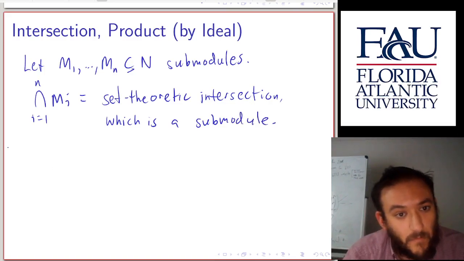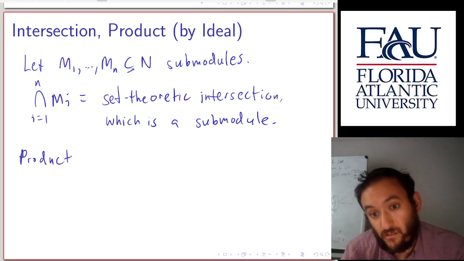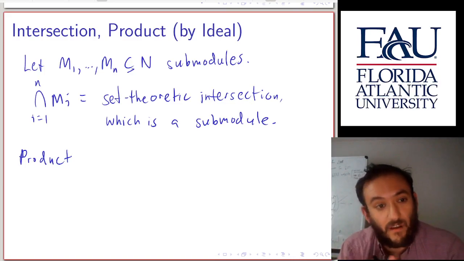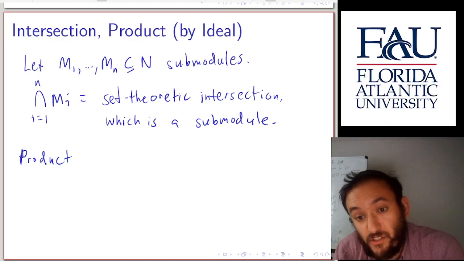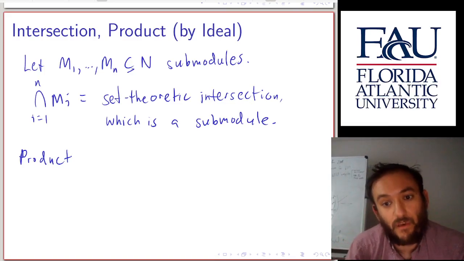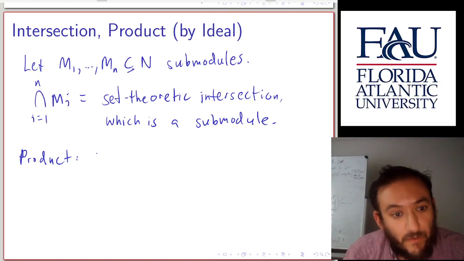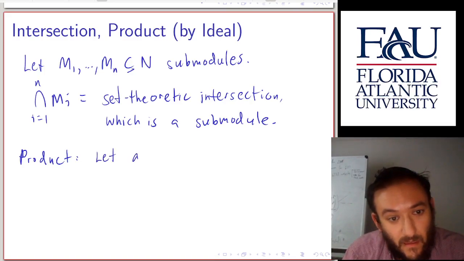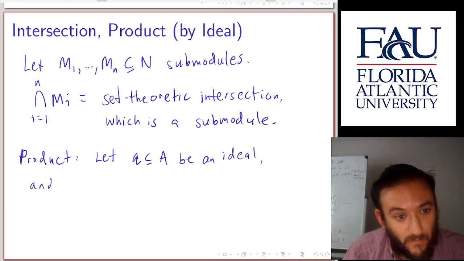As for product, unlike with ideals, where you have the ring multiplication to multiply elements of the ideals together, with modules, there's no well-defined multiplication in a module. You only have the addition. So what do we mean by a product? This is going to be an ideal. So if you let A in A be an ideal, and you have a module M,